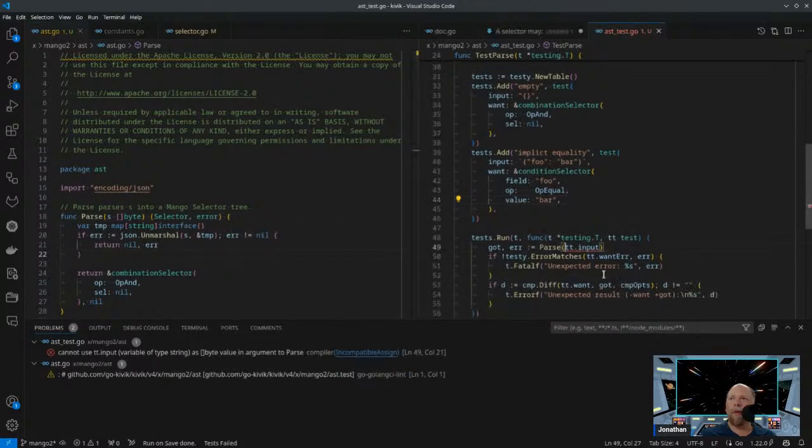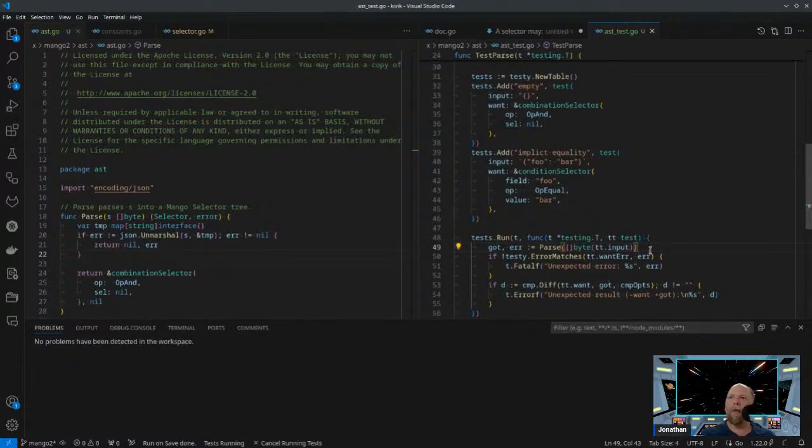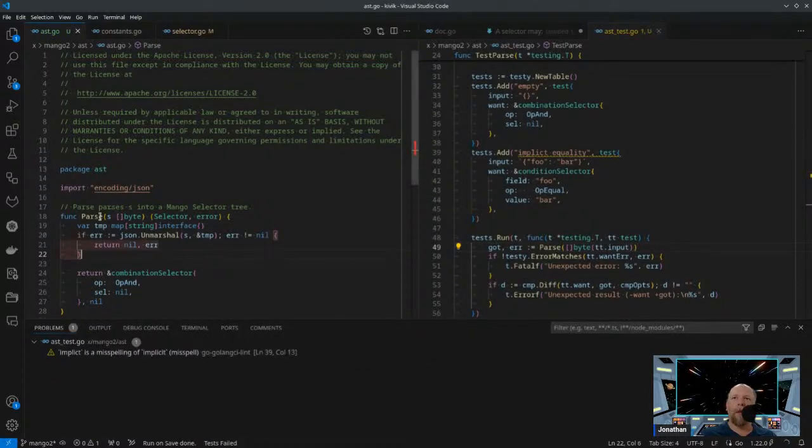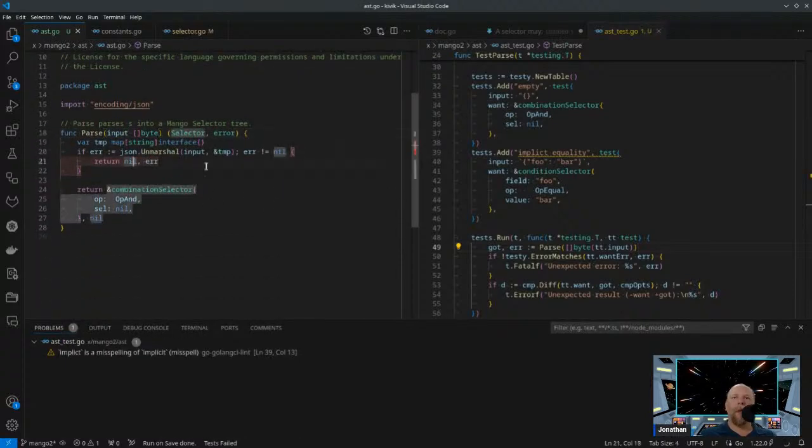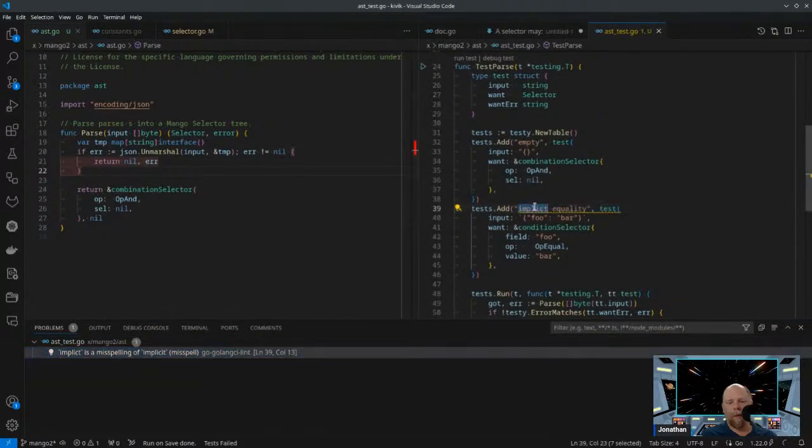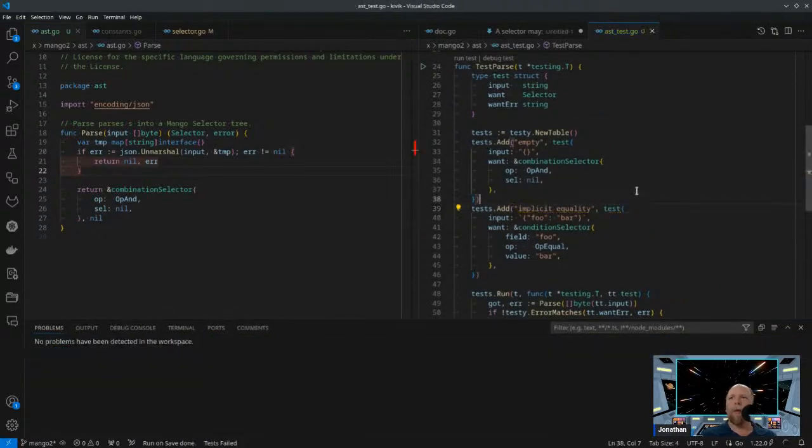I can always have my caller change from a string. Let's do a byte slice. Let's call this input. For now, there's probably a better name I can think of later, but for now, that's fine. Where did I misspell implicit? Implicit. Okay. All right, so I've unmarshaled the thing,